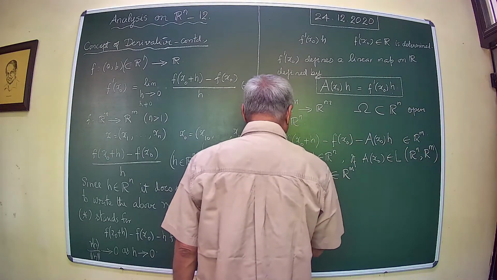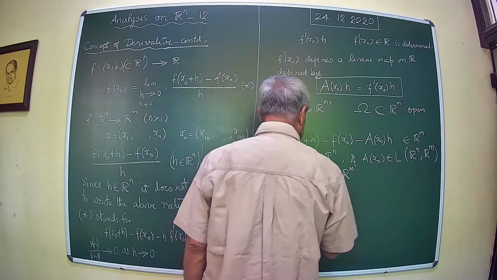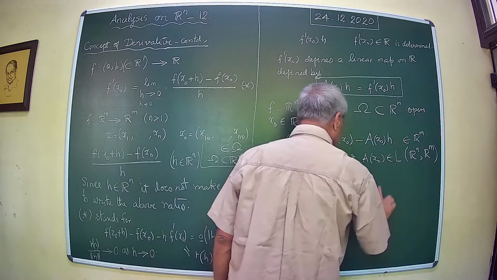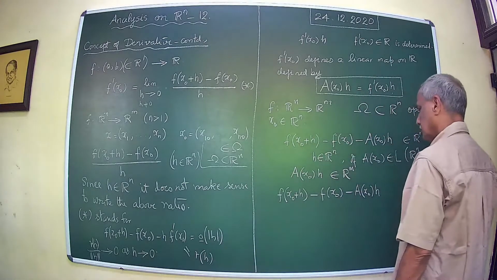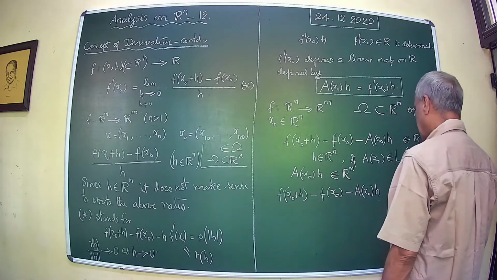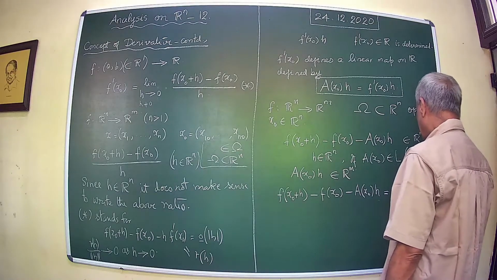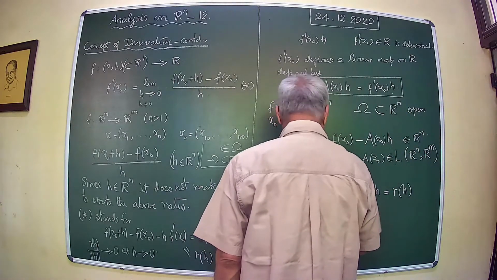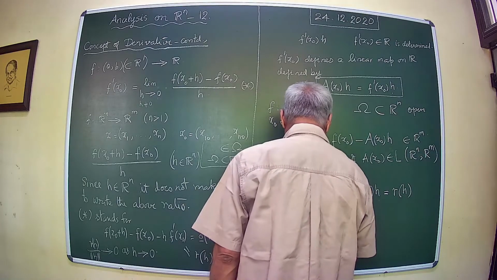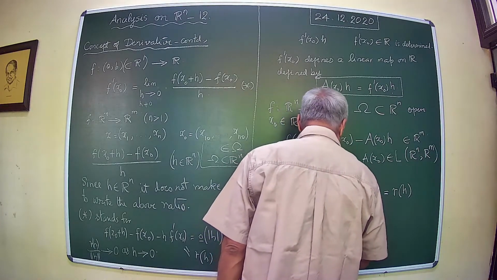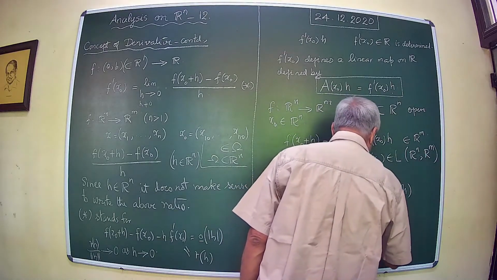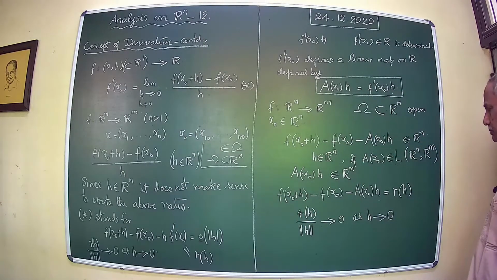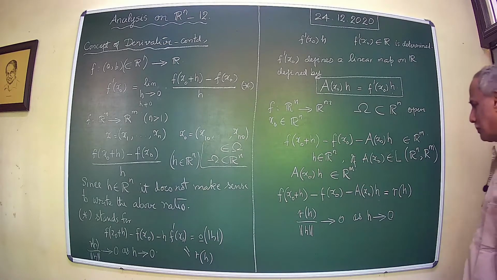We would ask for the following: f of x naught plus h minus f of x naught minus A h, this we can accept as some r of h with the property that r of h divided by norm of h goes to 0 as h tends to 0. So let us formulate it. So the problem is this: